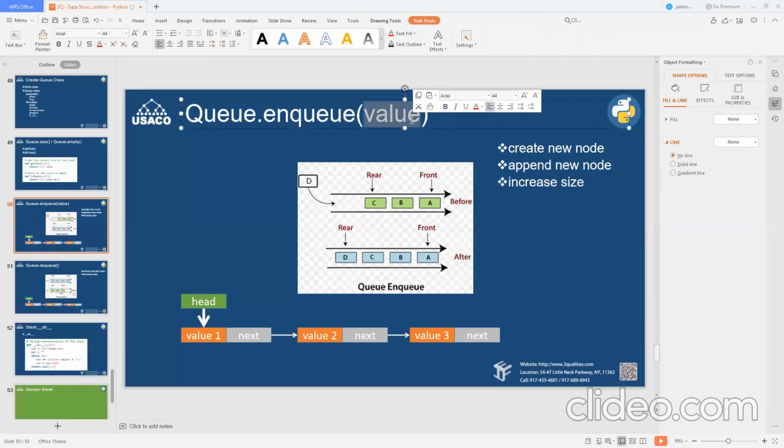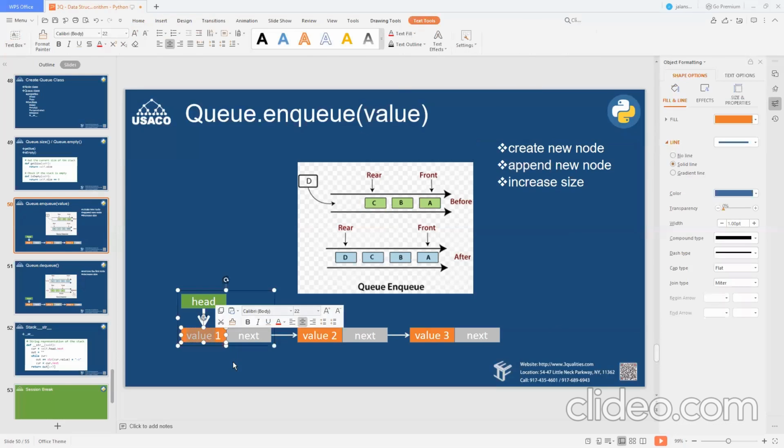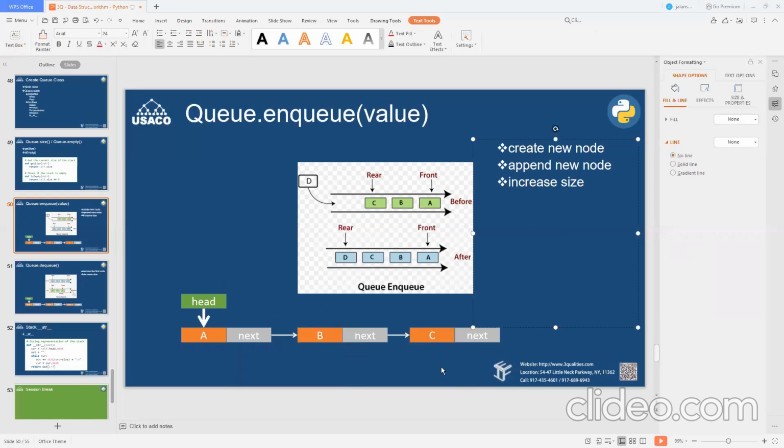Then I'm going to append this new node to the tail of my list. Suppose that's my list, to be more consistent with the above example, with A, B, C as the values. Now I say, let me push D. What happens?